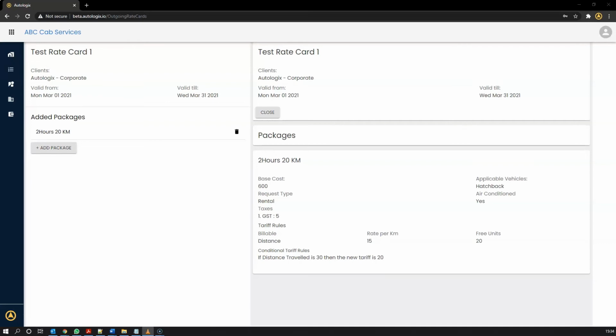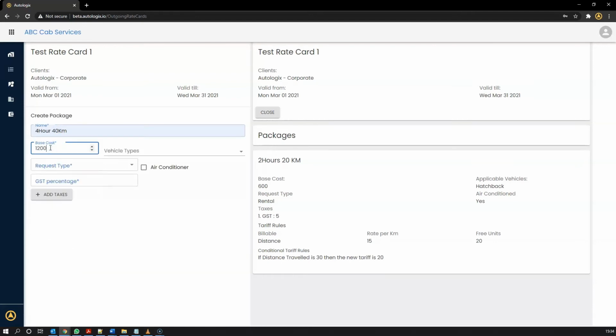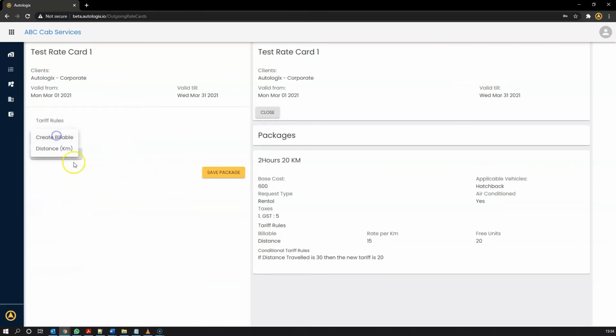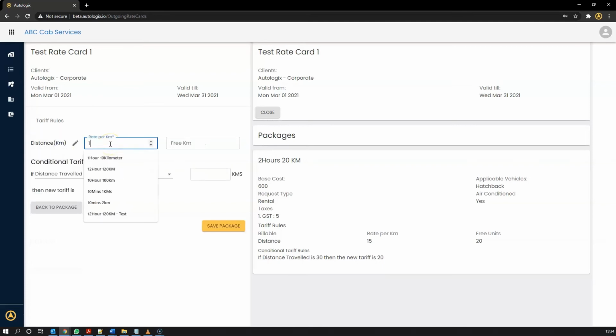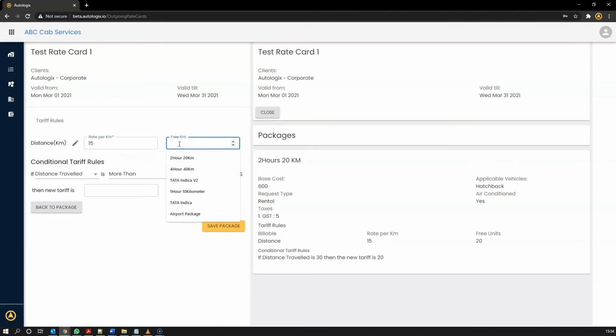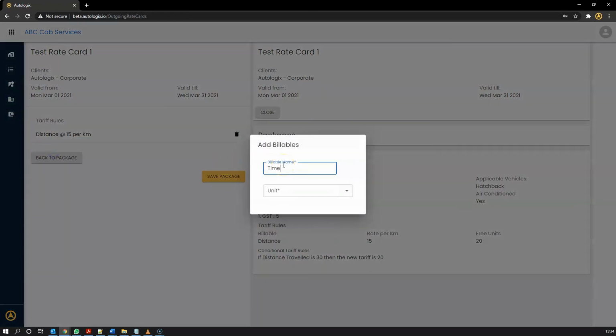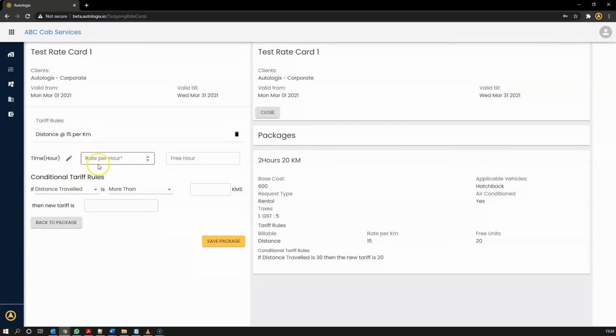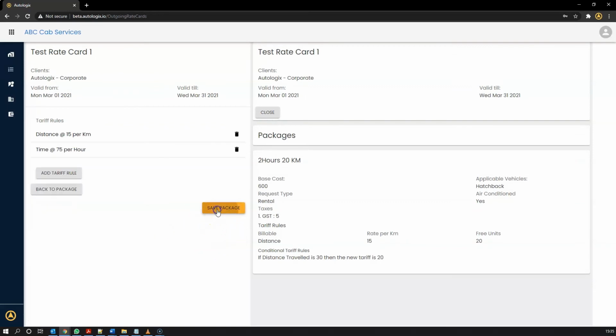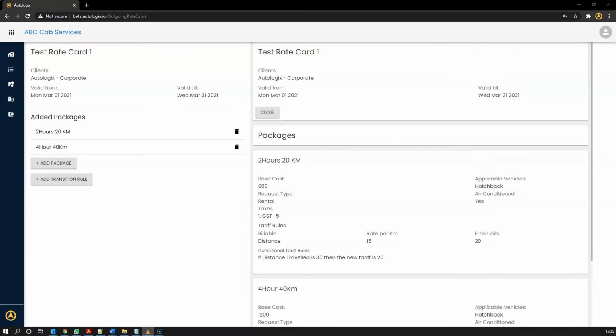Similarly, we can add more packages as per business needs. We have created another package for 4 hours 40 kilometers in the similar way.